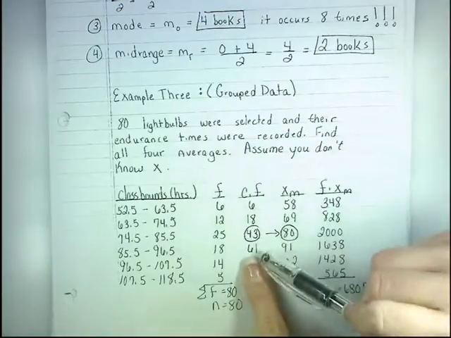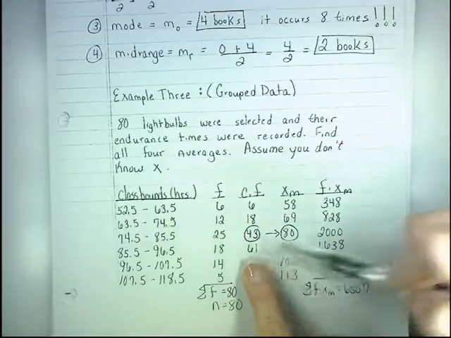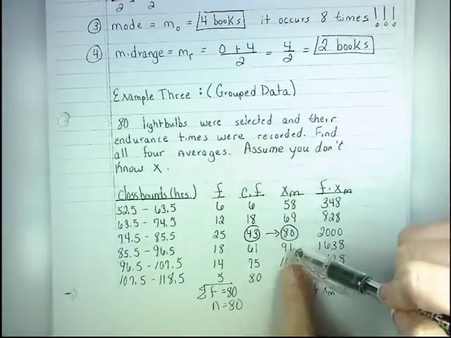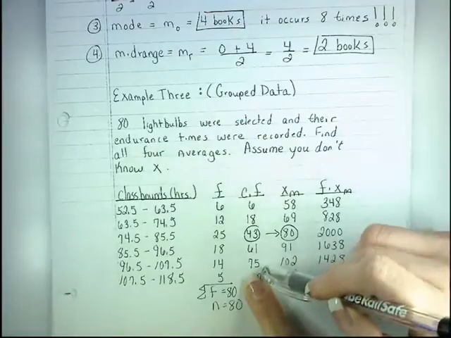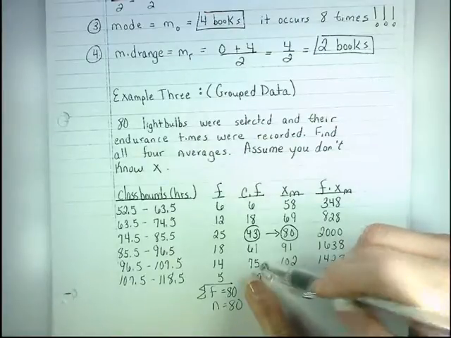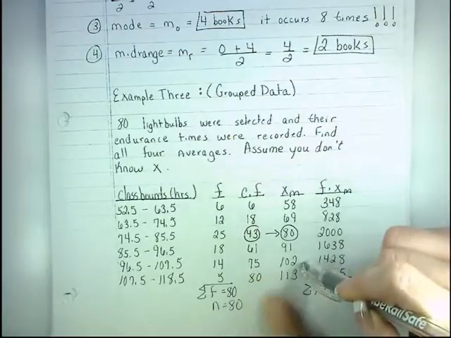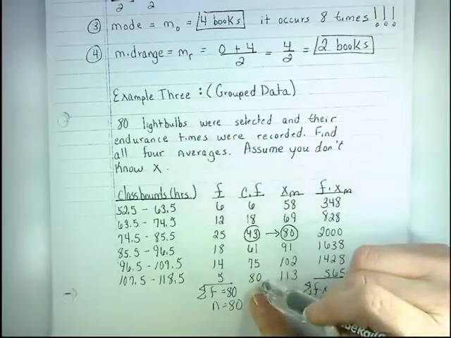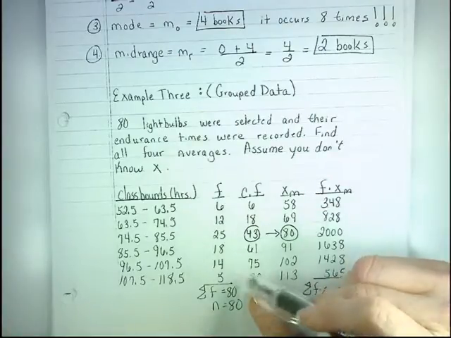This 61 says that the 44th light bulb through the 61st light bulb will all endure 91 hours. This 75 says that the 62nd midpoint or light bulb through the 75th light bulb will all endure 102 hours. And then this 80 says that the 76th light bulb all the way through the 80th light bulb will all